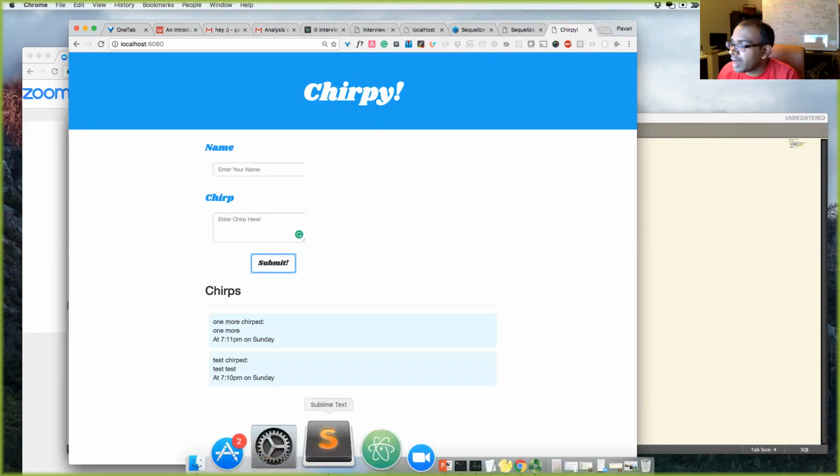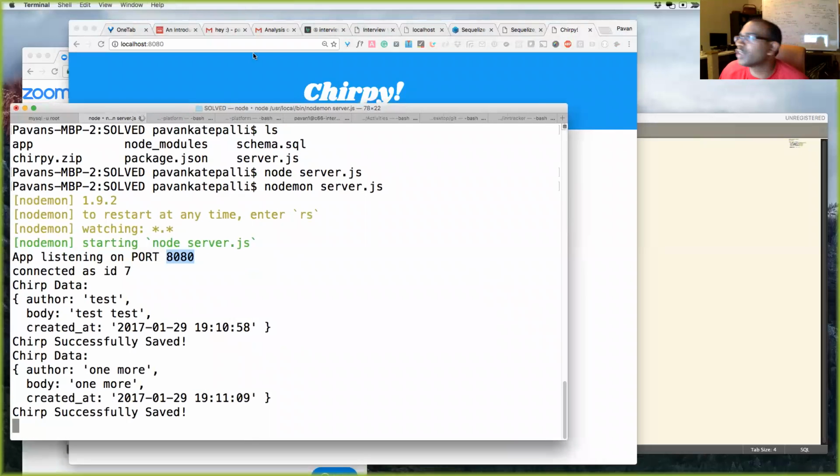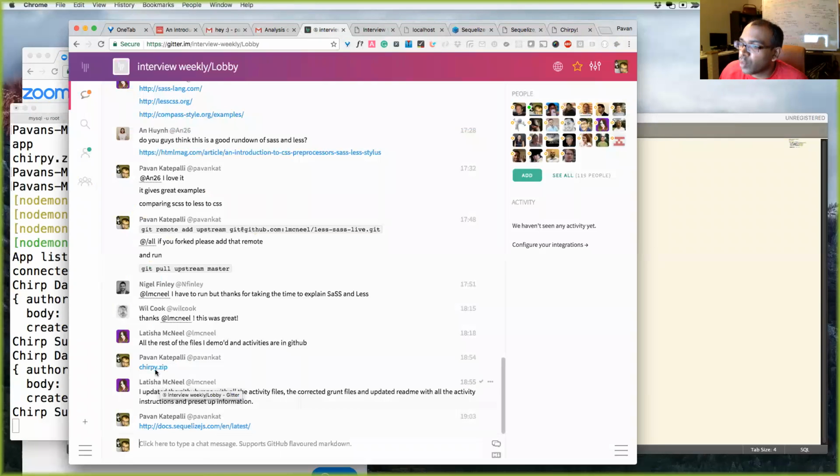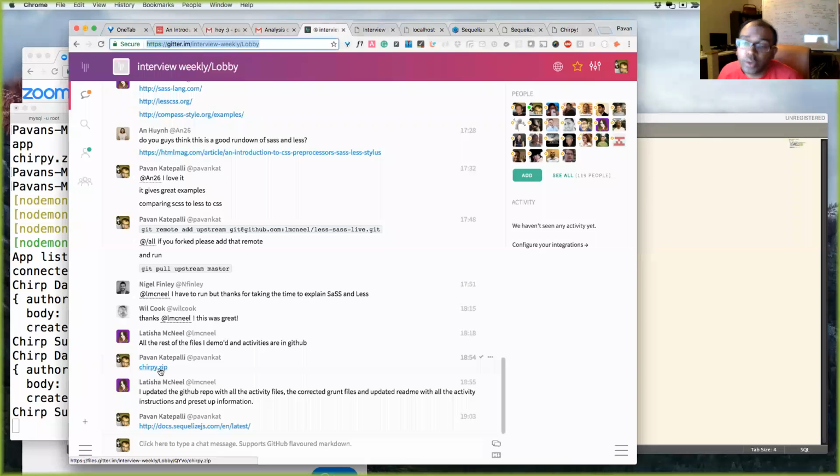And we have that. Quick question. Go ahead. Where could I find the files that you're running there? Yeah, absolutely. So I'm just demonstrating the code, but you can look for it right here in gitter.im/interview-weekly. If you go over there, you can find it. Let me chat that to everyone. That's where we'll be chatting, essentially. Gotcha. Thanks for the files. No problem. So all this is right there, including the node modules, so you don't even have to run npm install.